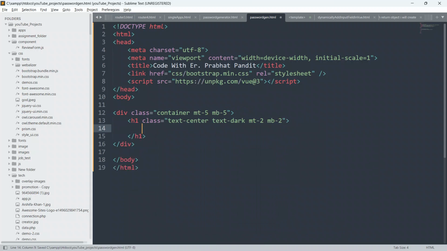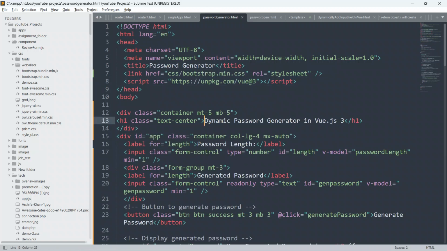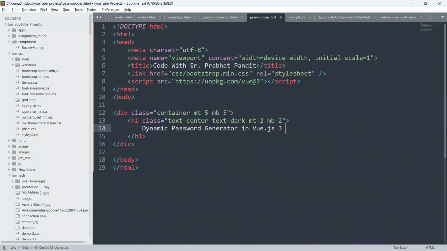And inside this h1 I'm gonna paste the text from the previous example only. Okay, so just copy this text from here and just paste it here, and I'll say with me ER Prabhat Pandit.